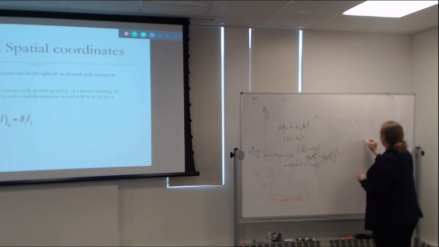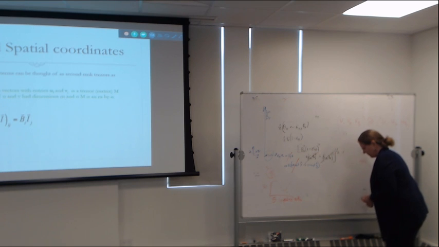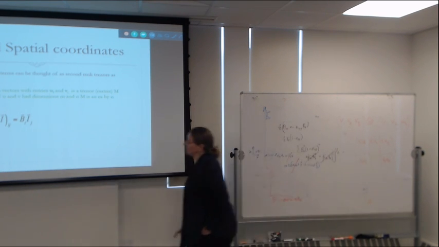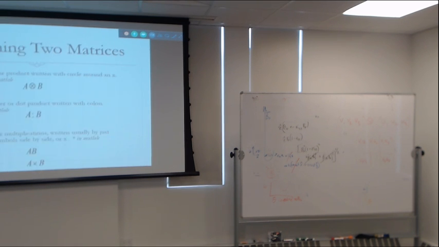I can have V1U1, and I can have V1U2, V1U3, and so on up to V3U3. So you can make a second rank tensor out of the two, B and I. There are two vectors, B and I, and you can make a second rank tensor out of them. And then that's useful